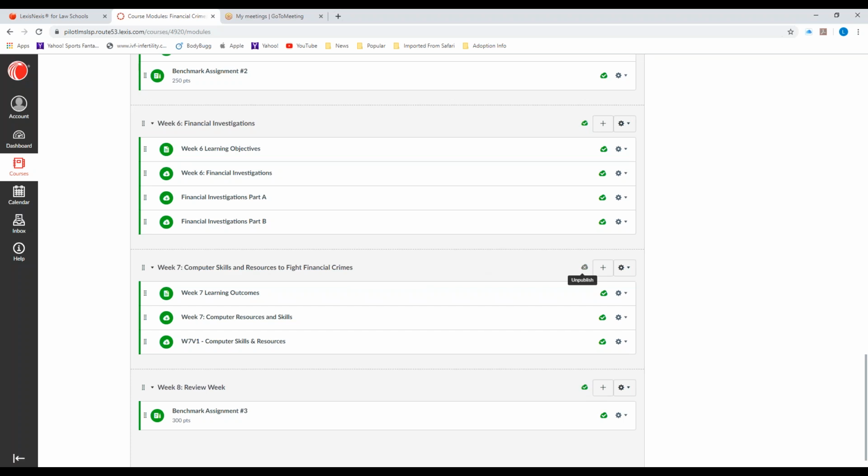is a review week. So if you are behind in any materials, want to review any materials, want to use that week to work on your final benchmark, that's a great time to do it, because keep in mind there are no extensions for the final benchmark. So it's good to have that week to make sure you can get your assignment in on time.